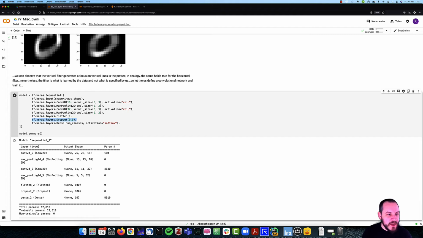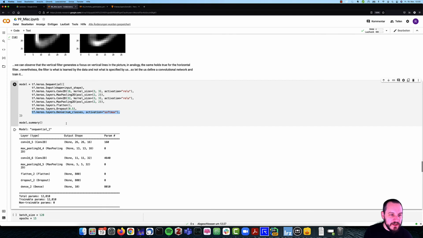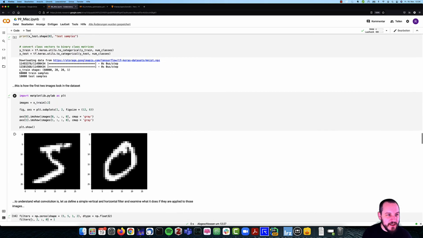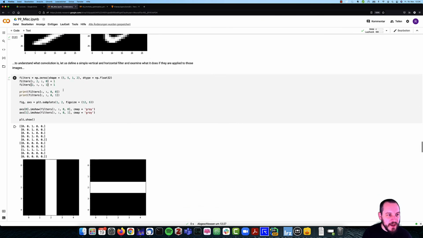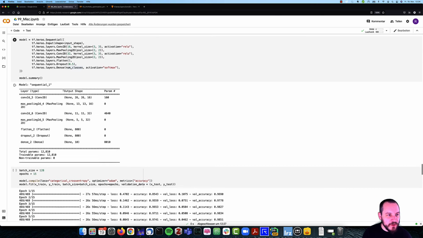Okay, and then the only thing that always is mandatory is the output, and we need the output as it is needed for the classification task here. Here we have a multi-class classification task with 10 different classes that is also defined earlier here. So here we have set it to 10, and also if you take a look at it,